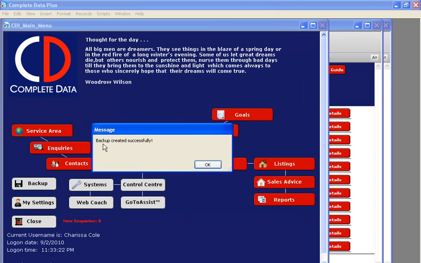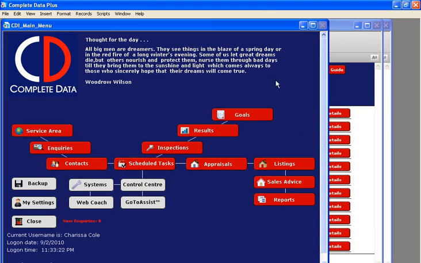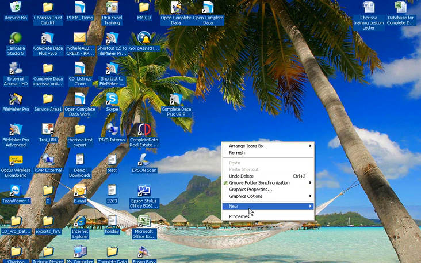And it tells me that my backup has been created successfully. I select OK, and that will put it as a zip folder on my desktop. We need to minimize this information, go and find our backup in our zip folder and put it into the relevant detail. I do recommend that you create a folder on your desktop, new folder,